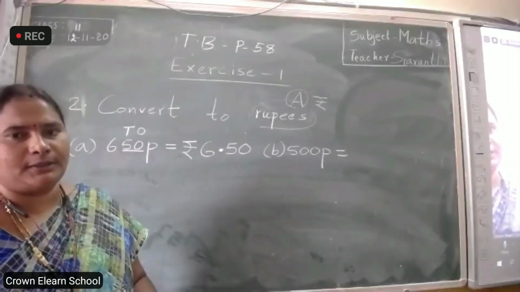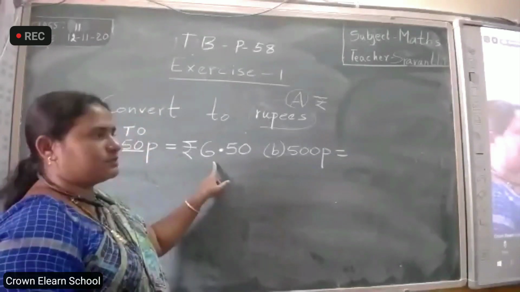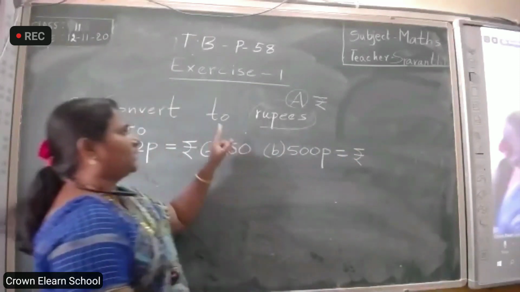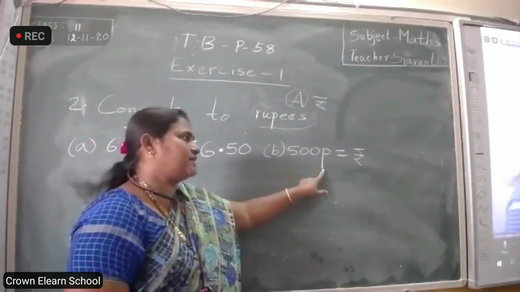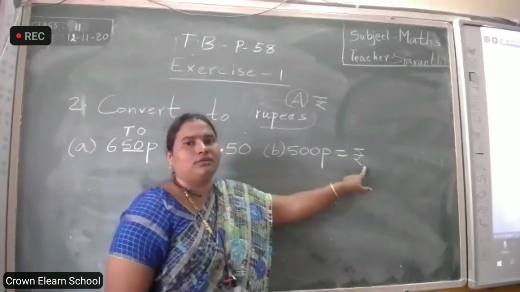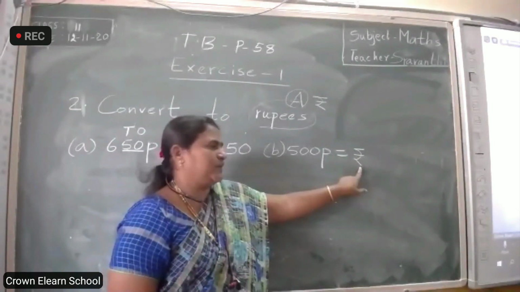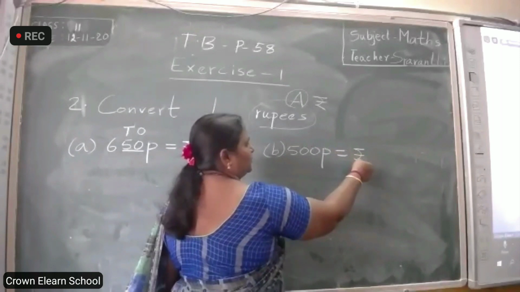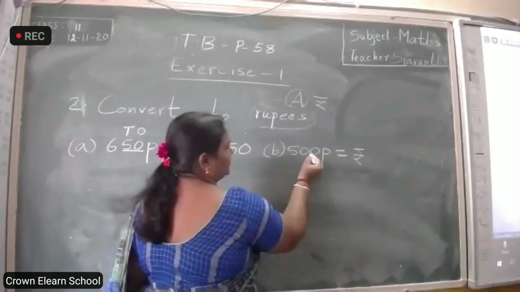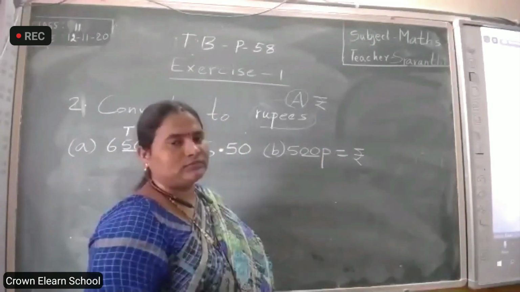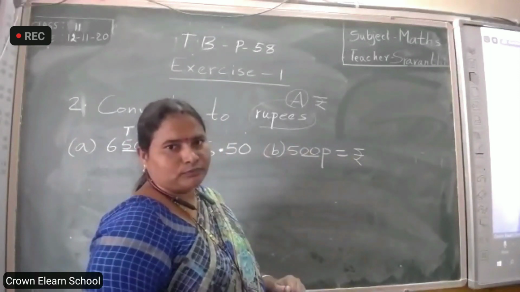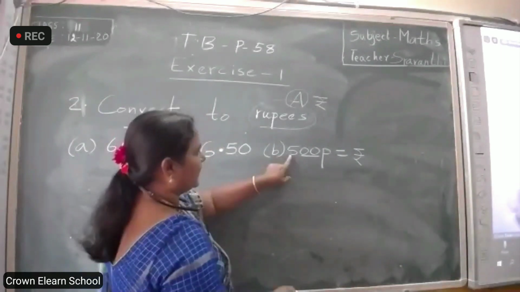500 paise. Okay, have you done this? Now, paise to rupees, change. Converting to rupees. In the question, the paise symbol is there, so we have to convert to the rupee symbol. Write the rupee symbol in the beginning. Paise, convert to rupees. Now, how will you convert? Ones place and tens place. Underline and separate them. By putting a dot. So let us write